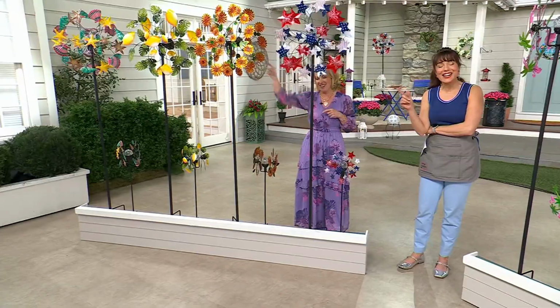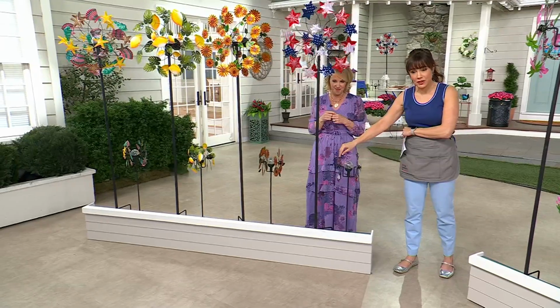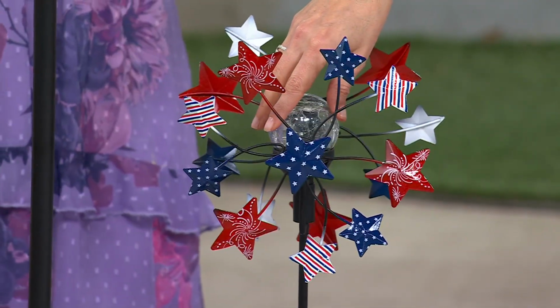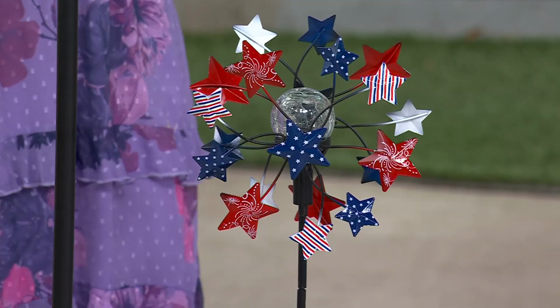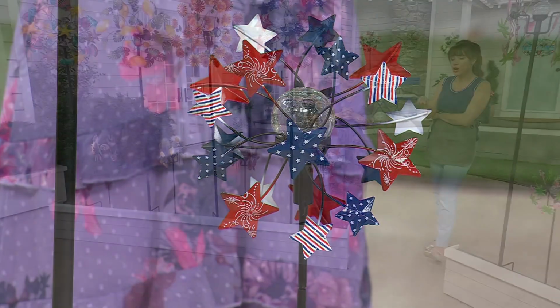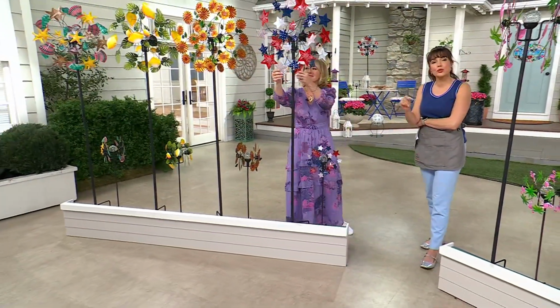No, there? On your screen, if you want just 2 of the mini spinners, let's say you just want the small ones, you can get 2 of those for $53.98. We have sold out of some of the designs, but I want you to know that is certainly an option. Maybe you've picked up the larger spinners in the past and you'd just love to flank them with 2 smaller ones, or just put them in planters. That is certainly an option, but they're so limited that